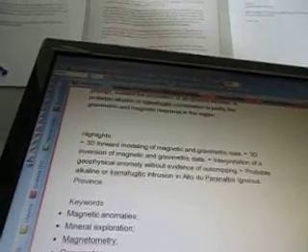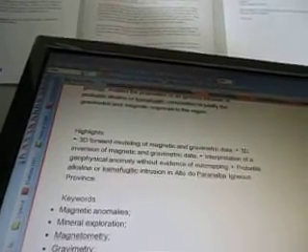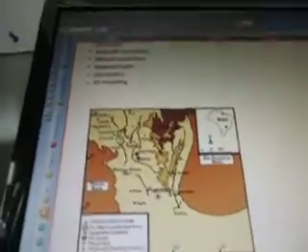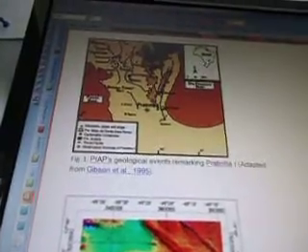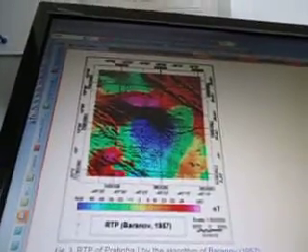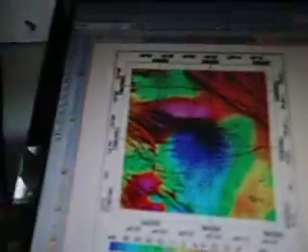So then the highlights are 3D forward modeling of magnetic and gravimetric data, keywords, and then there's some diagrams here that they had. Geological events, market finance, and then something else. The algorithm of Baranov, 1957. So,